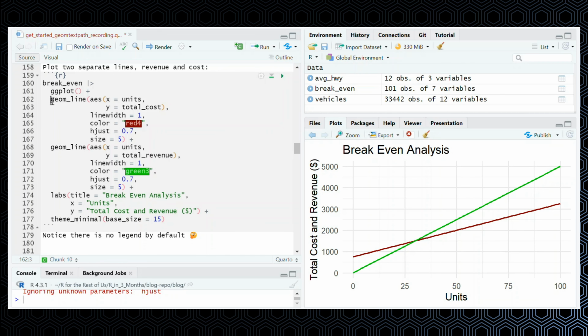Well, it's because we've created them using two separate geom lines. This is a pretty common technique. I see this a lot. Sometimes you just need to plot two different things on one plot. And since there's not one variable that we're breaking into groups, ggplot doesn't have anything to create a legend from. Now, this is totally fine because we can replace geom line here with geom text line and label these lines